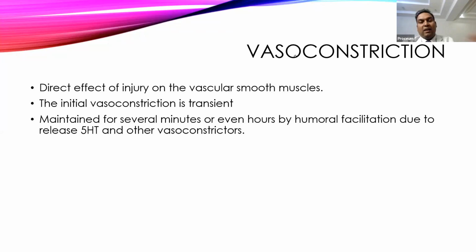Okay. Another factor responsible for the vasoconstriction is stretching of the blood vessels' smooth muscles. So when an injury occurs, it breaks the cell membrane of the smooth muscle also, causing stretching of the smooth muscle, and it also causes a release of various factors from the damaged endothelial cells, like histamine and other vasoconstrictors, and this will also increase the